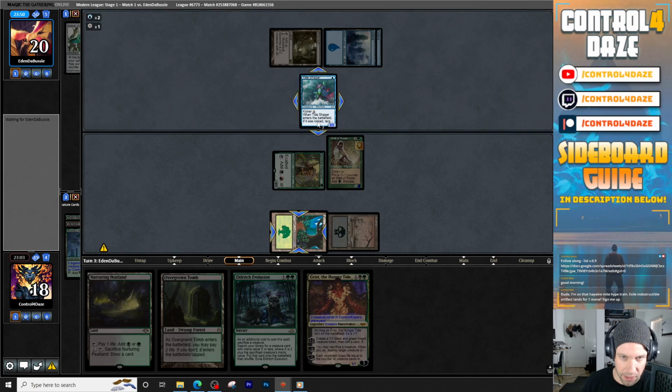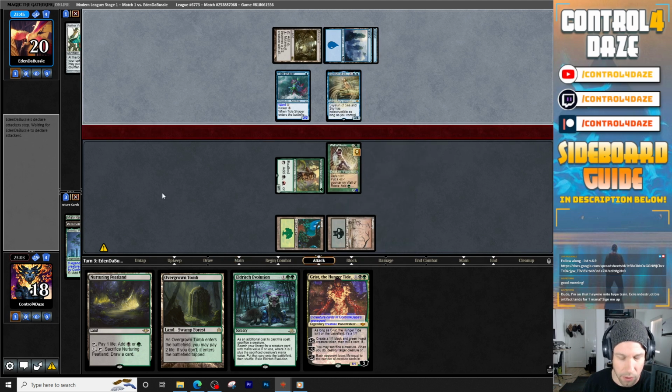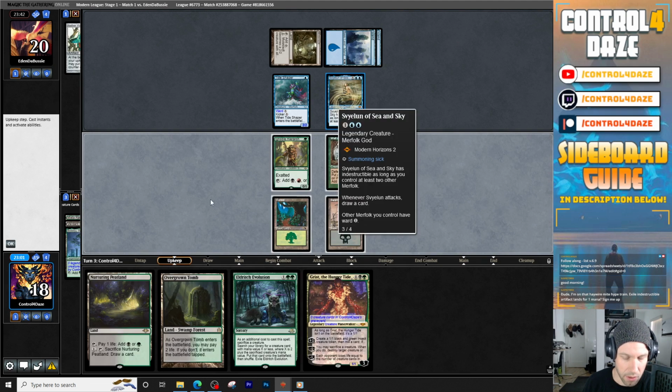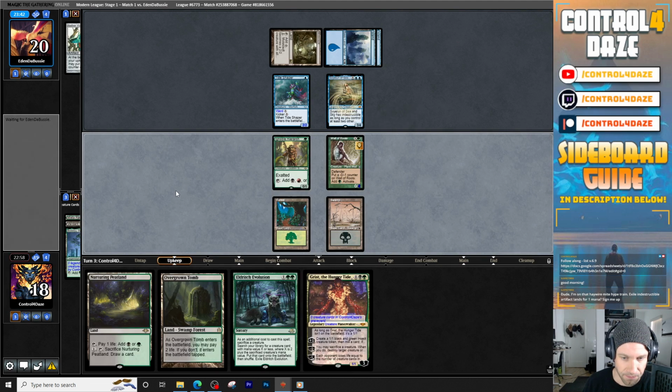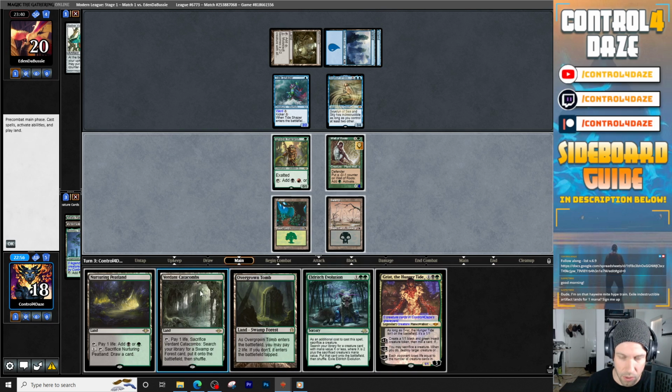We're probably going to have to get rid of this Tide Shaper. We're probably going to have to get rid of that guy. At least 2 other Merfolk. So what would have likely happened is if we hadn't gotten rid... That's actually okay, because we can get ourselves...